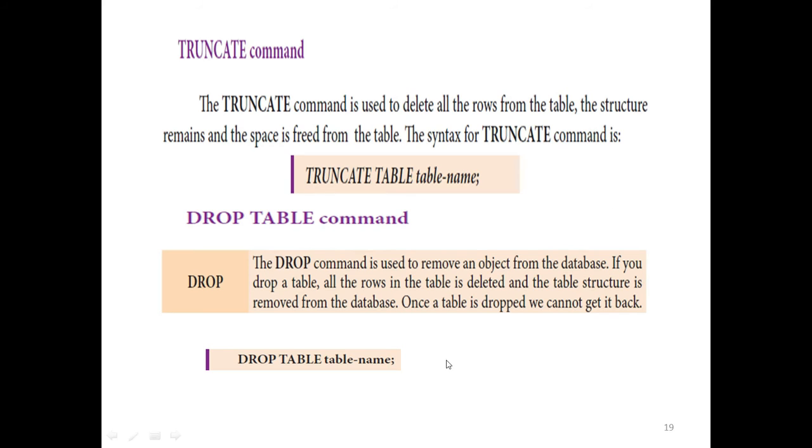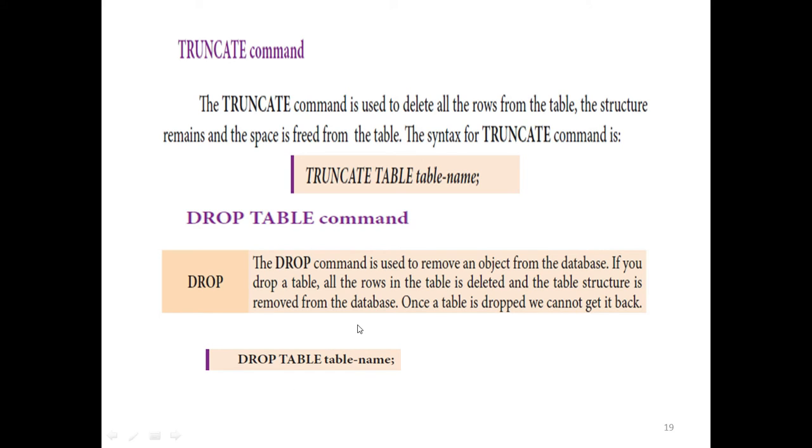And then drop table. The drop command is used to remove an object from the database. If you drop a table, all the rows in the table are deleted and the table structure is removed from the database. Once the table is dropped, we cannot get it back. Suppose you delete the table, we apply drop table name.